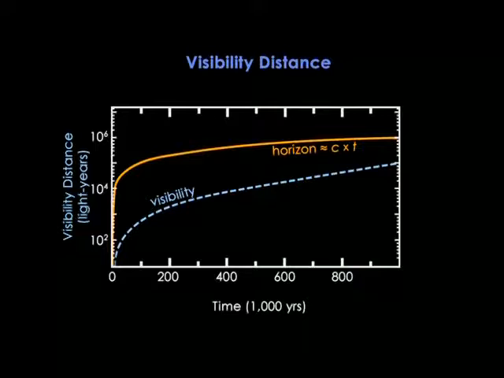But as time passes and the gas thins, you can see a larger and larger percentage to the horizon. If we extend these lines, they'd cross near 45 million years, and you could finally see to the horizon. However, well before that, near 400,000 years, a dramatic event occurs, which makes the visibility distance do this. If you remove the water droplets, the fog clears. In this case, the free electrons are removed. They're caught by the protons to make atoms, and so the fog quickly clears.